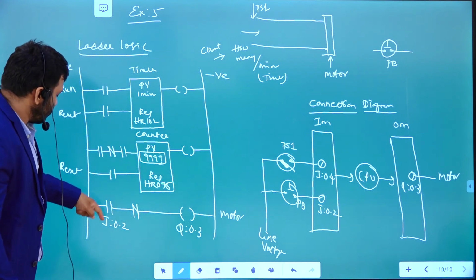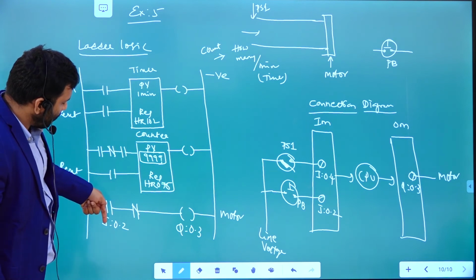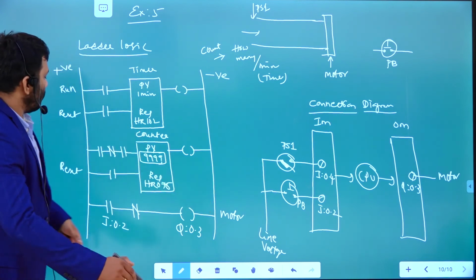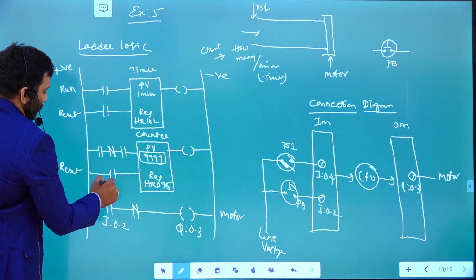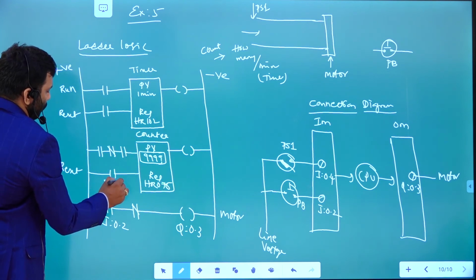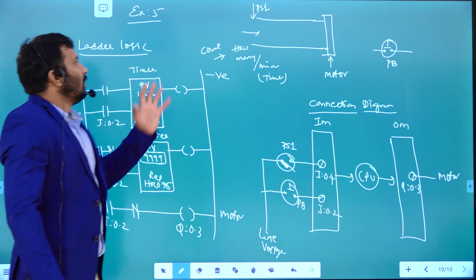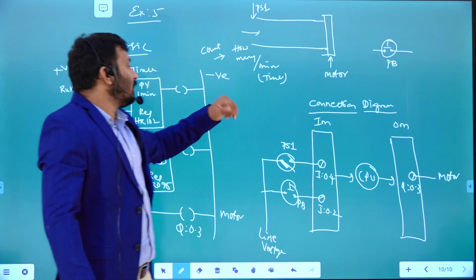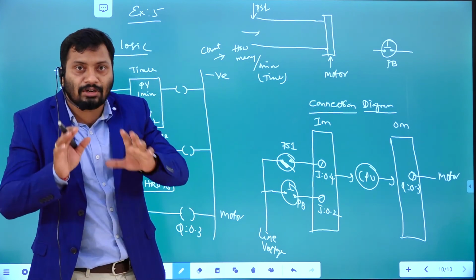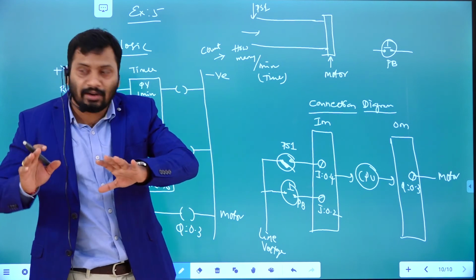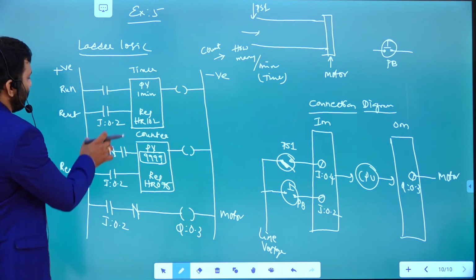So whenever you start, what will happen? This motor is going to start. Similarly, it needs to be reset. This is also to be reset, with I 0.2 only. The timer needs to be reset. The counter needs to be reset. That means both need to start, right? I am counting and timing, both need to start at the same time, right? Within 1 minute, how many entered, right. For that particular purpose, both are going to be reset at the same time.